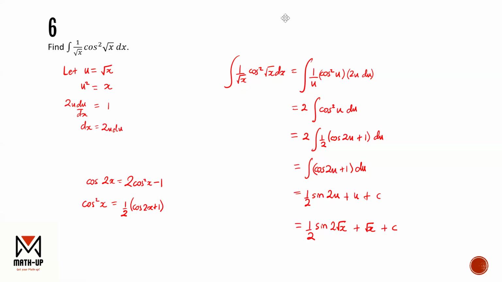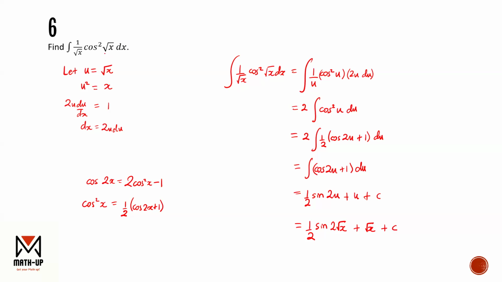Yes, Lucas. How do you know what to make the u between cos squared root of x and only root x? A lot of integration you actually do by experience and intuition. So the question of how do you know, I would say by experience, you sort of look at questions and see that this substitution would actually work. But then also knowing that if a function is appearing with its derivative, then it's better to just substitute that